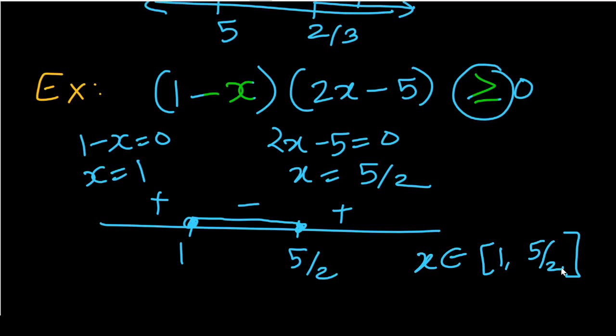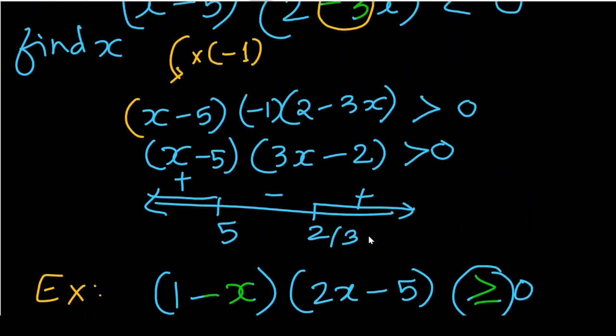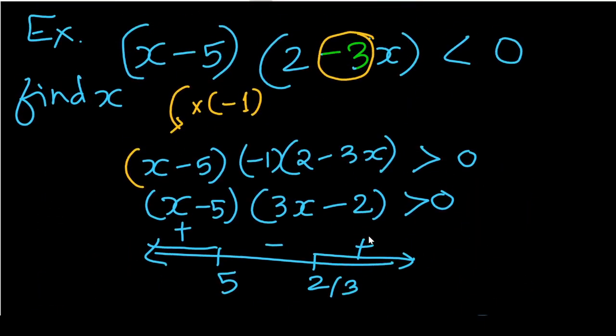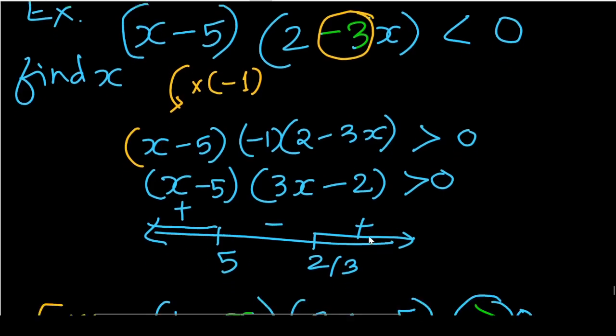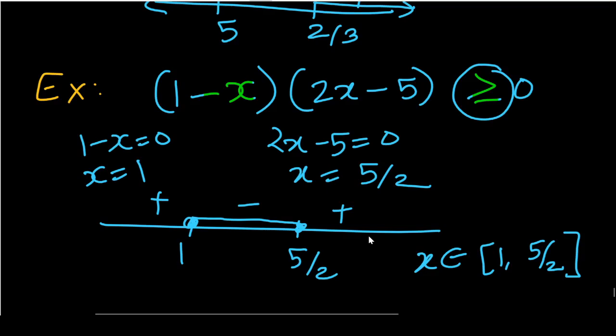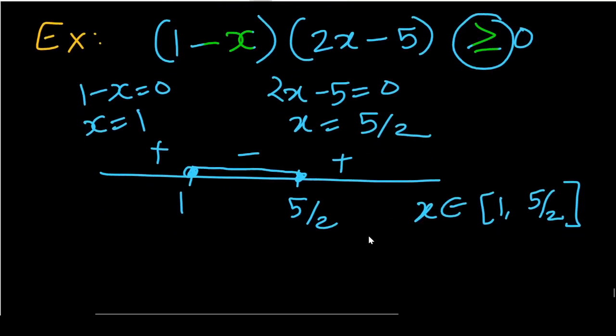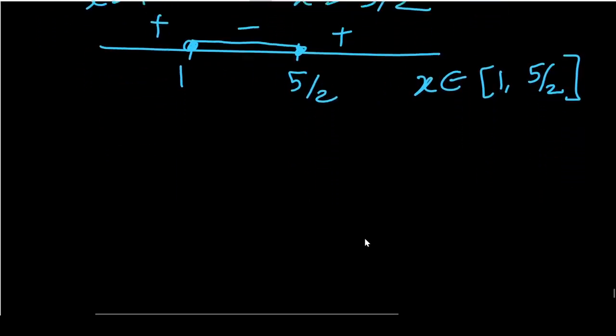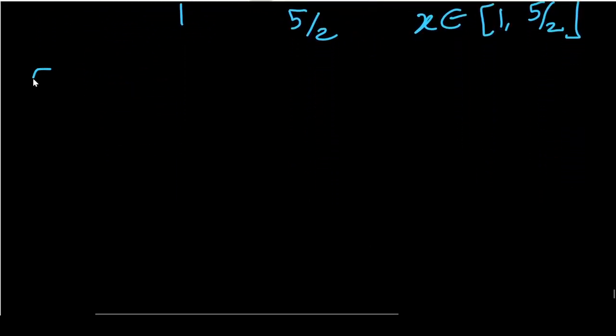You will get the same when you multiply by minus 1. If you follow the same concept in the example x minus 5, 2 minus 3x less than 0, multiplying by minus 1 gives the same result. So once you understand, no need to multiply by minus 1; simply take the reverse sign answer as the final answer. Now what if both the coefficients are